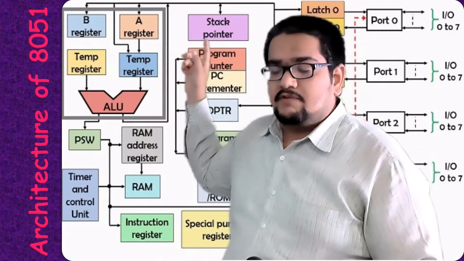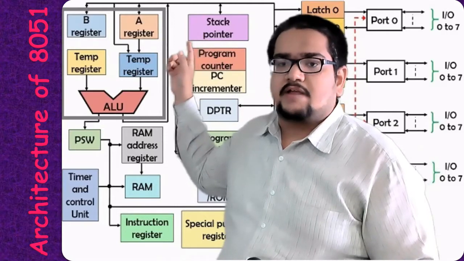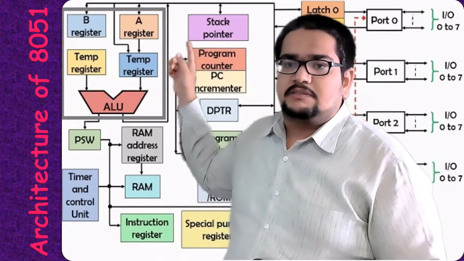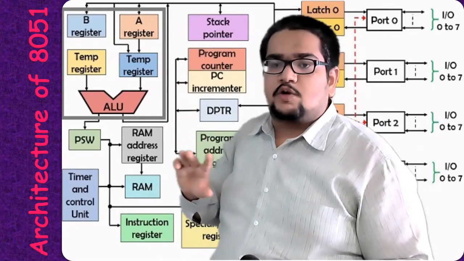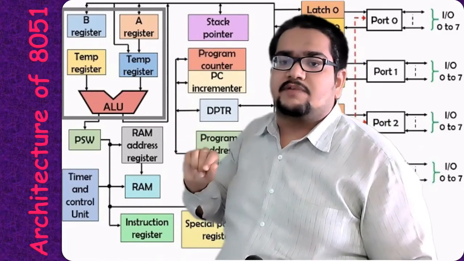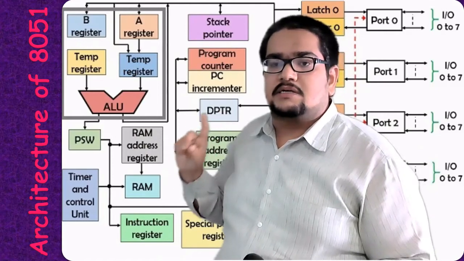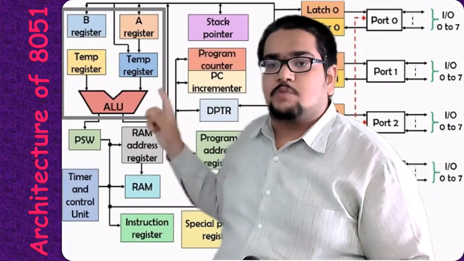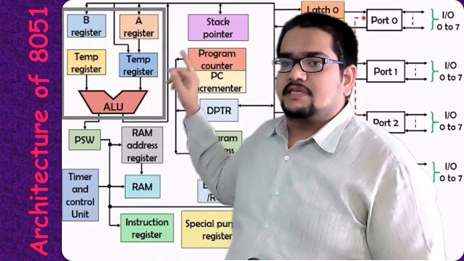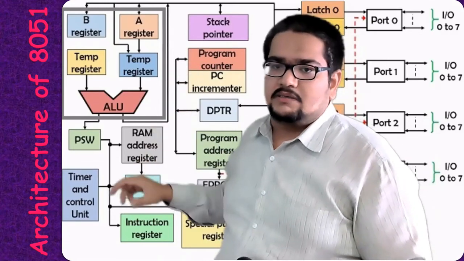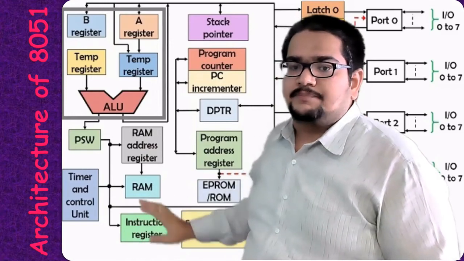The stack pointer will be used for pointing to the stack data in the stack memory. The stack in the 8051 is similar to that of the 8086, but a little bit different: in the 8086 the stack was top to bottom, and here it is bottom to top. It will be inverted. About the stack operations, we will see them while discussing the memory organization in the 8051.